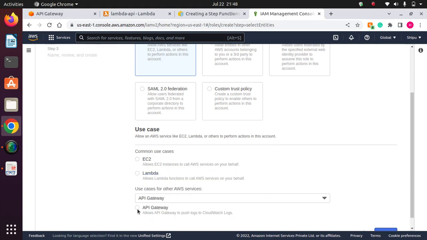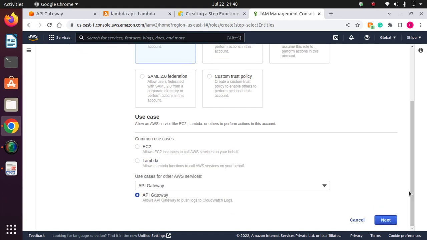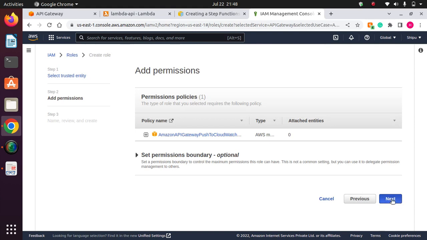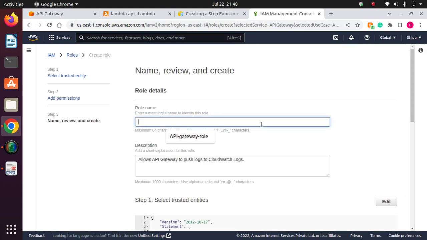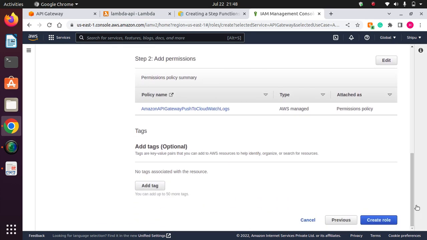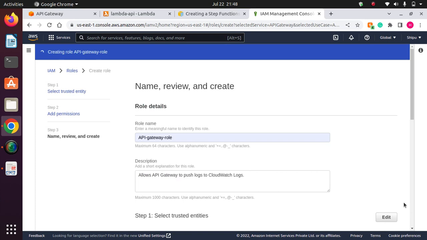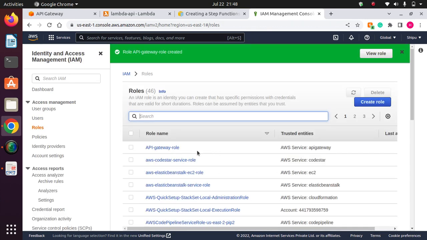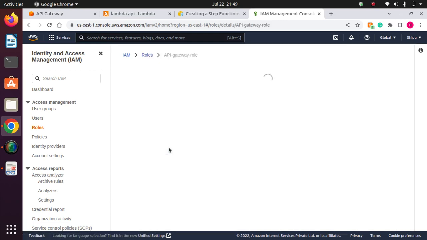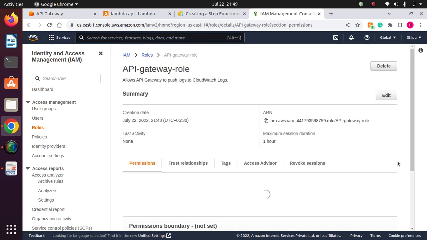So click on it, next, and this is the API Gateway role. You can give any name. I had already created an API Gateway role, but I'll tell you everything from scratch. So now I have created the role, and here is the API Gateway role, and if I click on it,